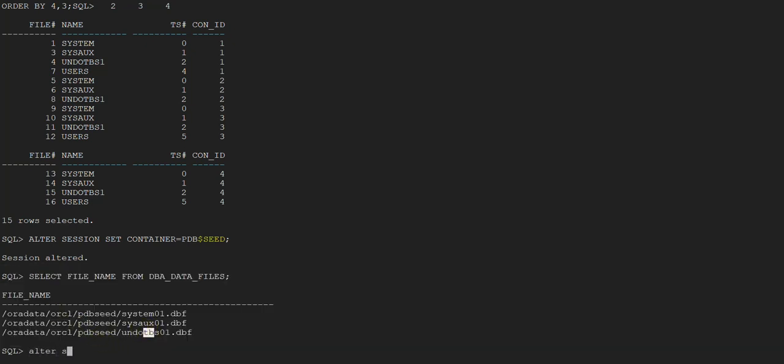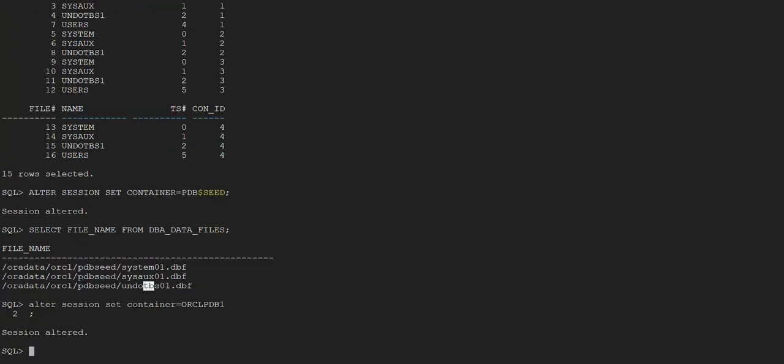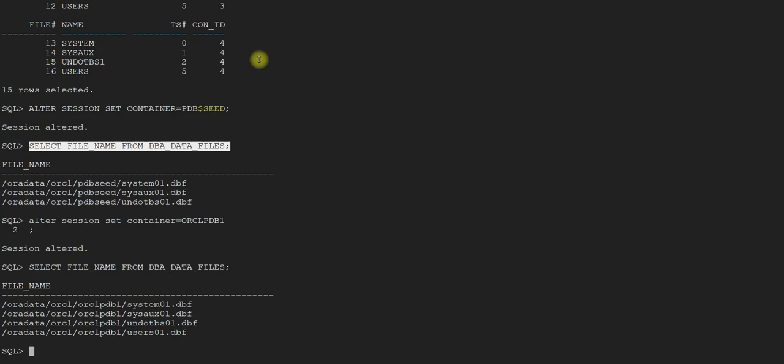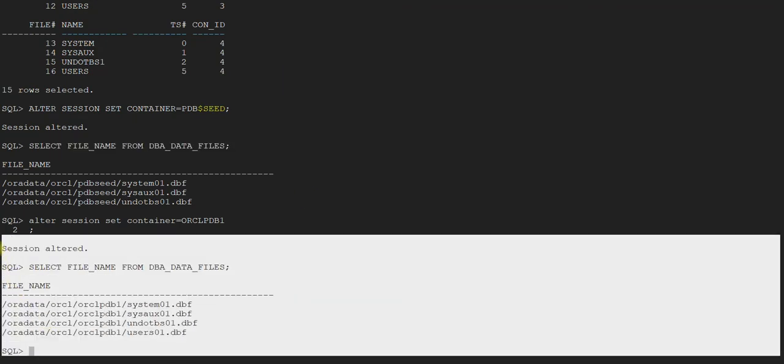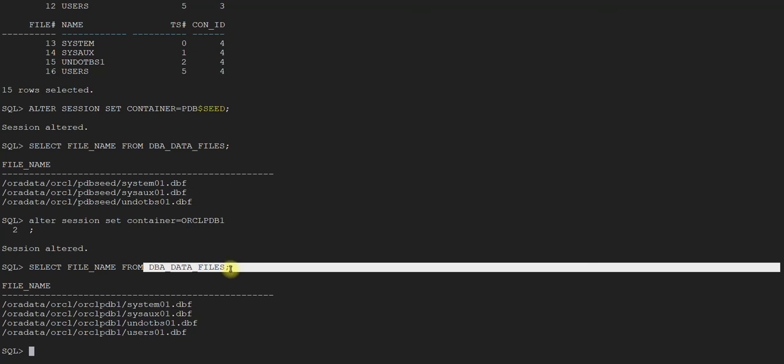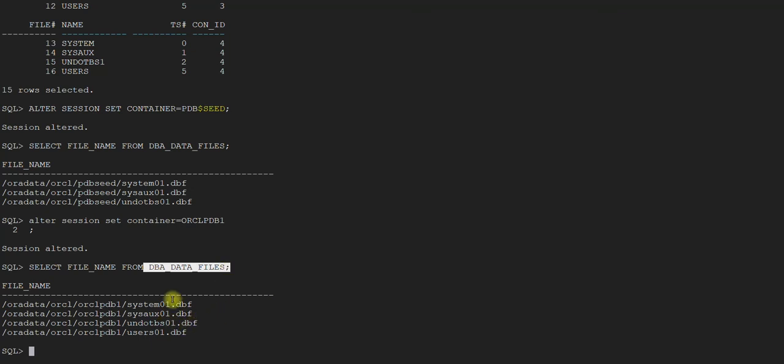So let's say alter session set container equals orclpdb1, and then you run the same thing. It will show you the data file associated with orclpdb1. So DBA data files will give you the local details, not the complete picture.